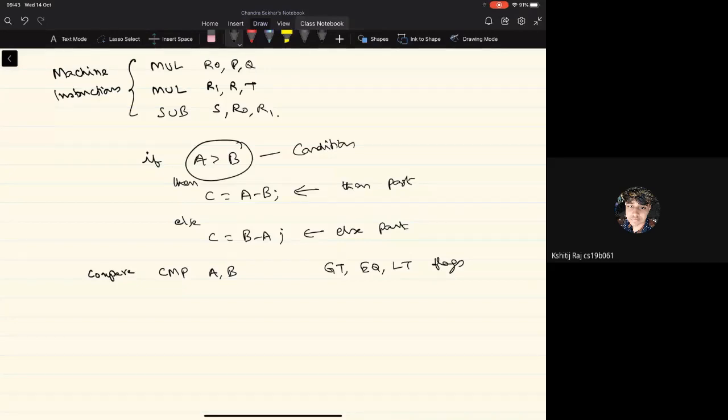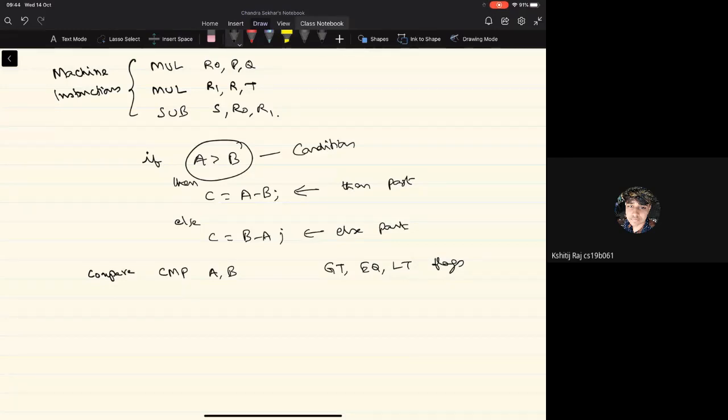A typical processor will have several flags. Some of the flags required in performing the comparison operation are greater than, equal to, and less than. If A is greater than B, then the GT flag will be set to 1. If A is equal to B, the equal flag will be set to 1. If A is less than B, the LT flag will be set to 1.